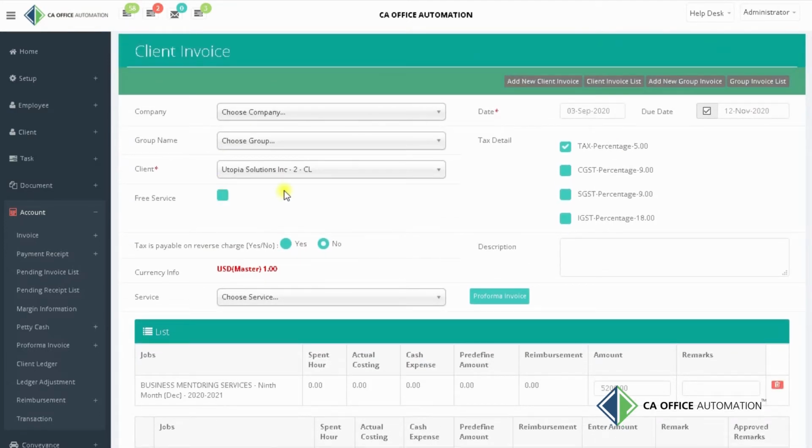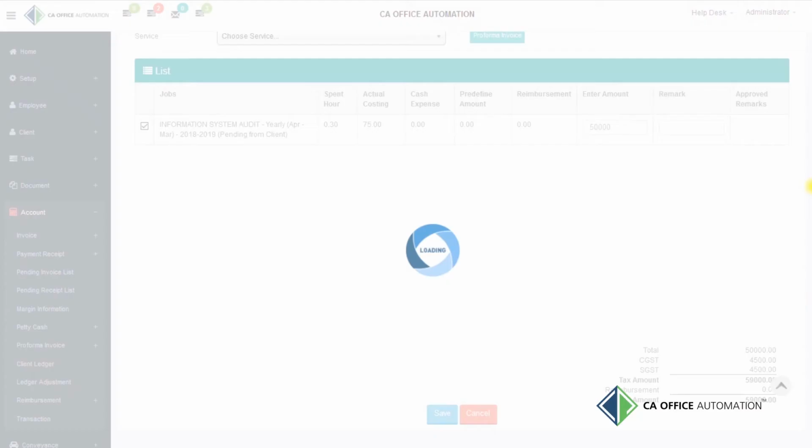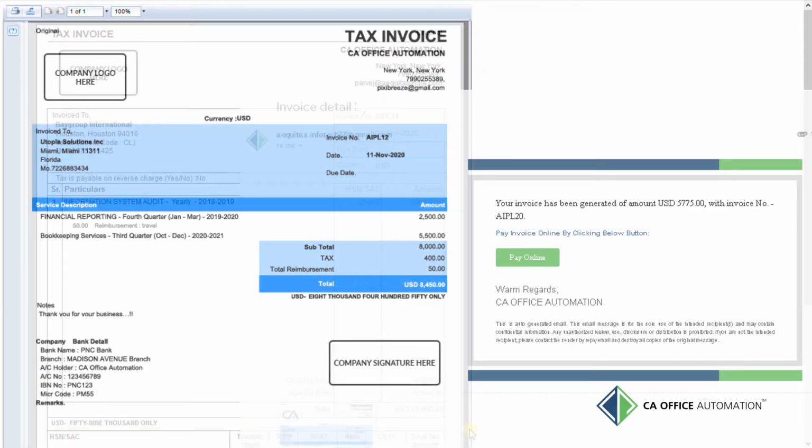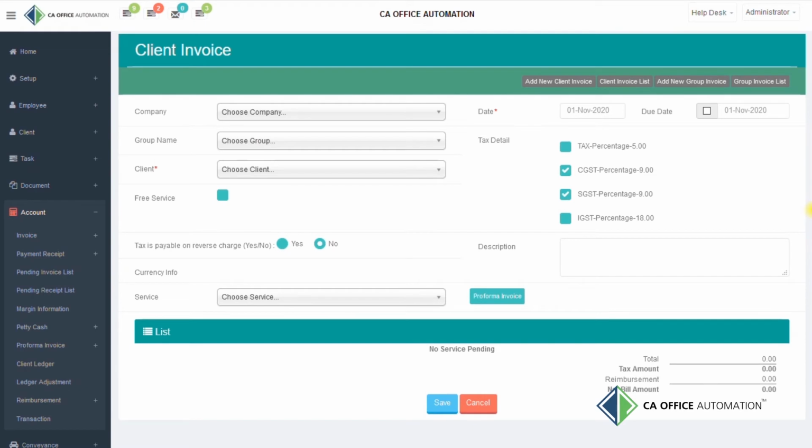You can also create invoices for your multiple companies. As soon as you save invoice details, you can see the invoice copy from here. Admin and your client are also notified through email and SMS. A soft copy of the invoice will be sent with email to the client, and a payment link will be attached along with the invoice, so any client can make payment of a particular invoice, and the payment receipt note will be updated in the application automatically.